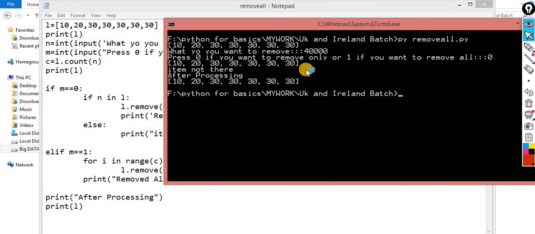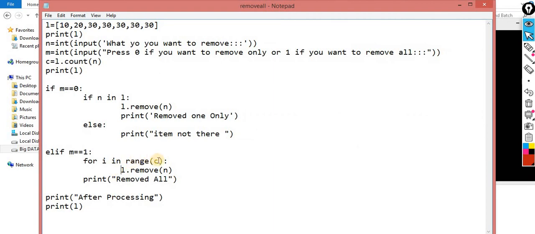Basically a smart solution for the problem. I am asking the user how many times they want to remove, only one or all. So ask the user, and iterate this loop at that particular point. Press 0 if you want to remove one.